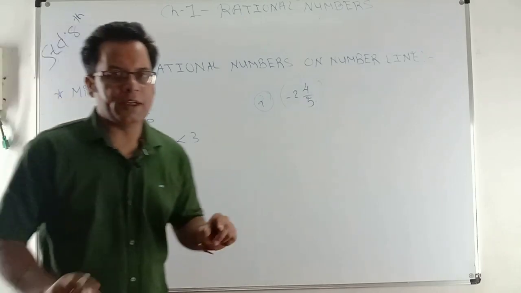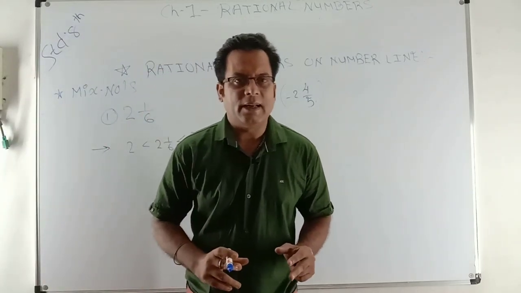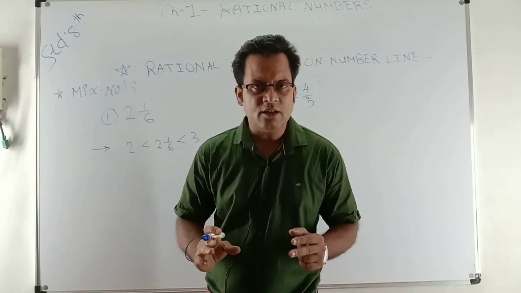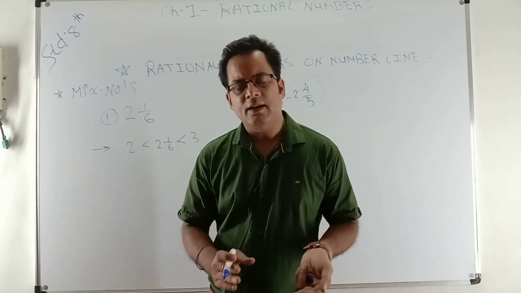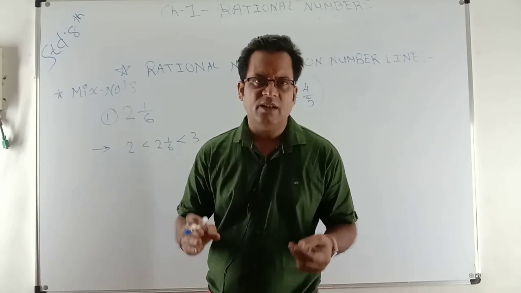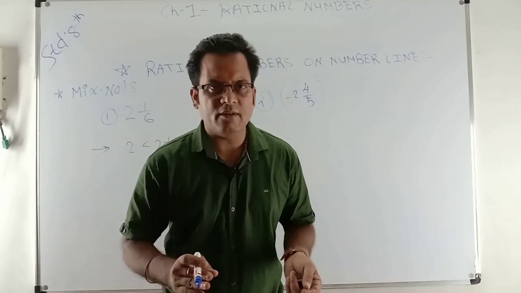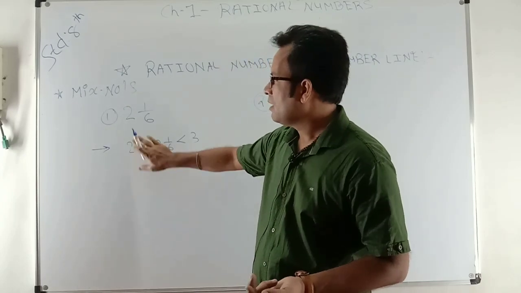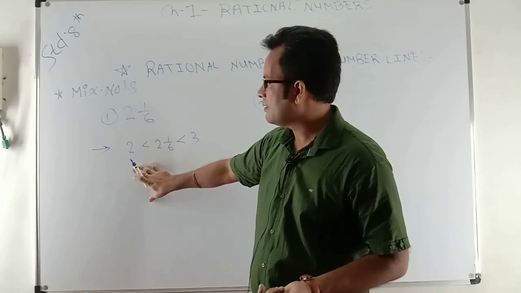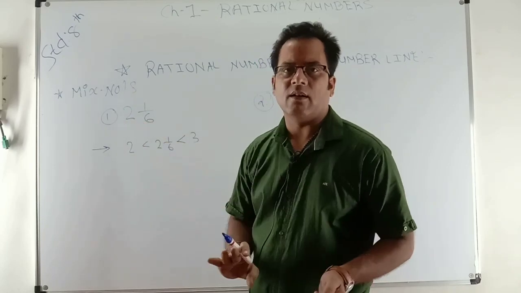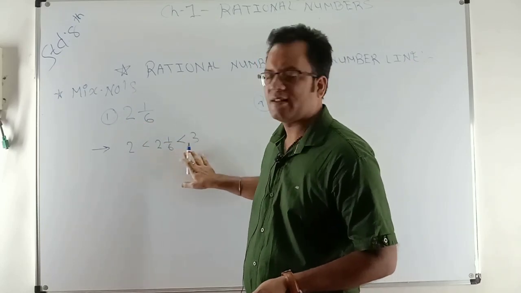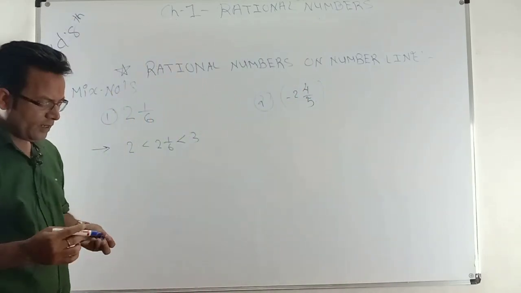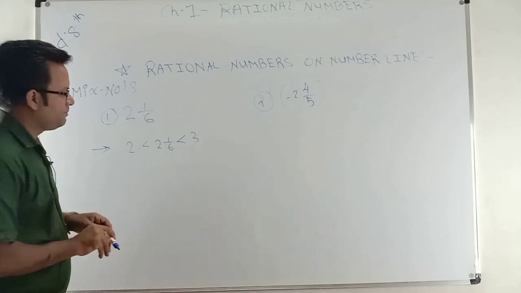So whenever you are doing mixed numbers presentation, you see your first number, okay? If it is 1 integer 1 upon 3, then definitely it is bigger than 1. If it is 3 integer 2 upon 7, then it is bigger than 3. Same way here, 2 integer 1 upon 6 means the number is bigger than 2 but smaller than 3. Now the number is positive, so we'll be drawing one number line.